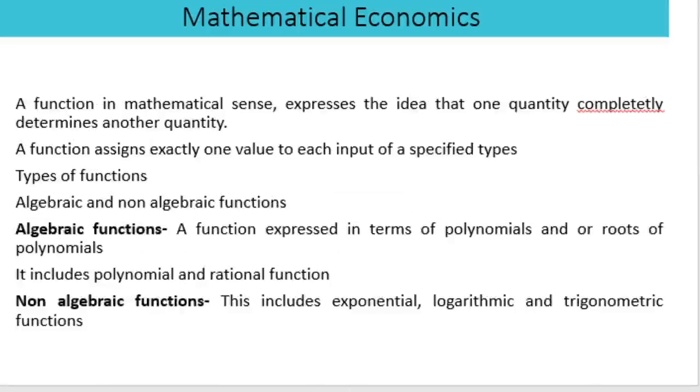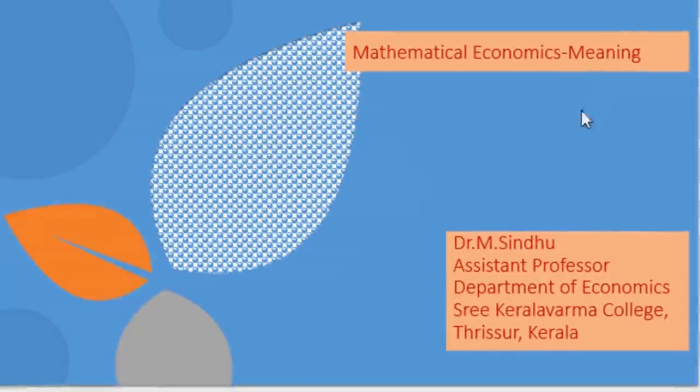These are the various terms and terminologies used in mathematical economics. Here we have explained what mathematical economics is, what the various advantages and limitations are, what are the major ingredients of mathematical